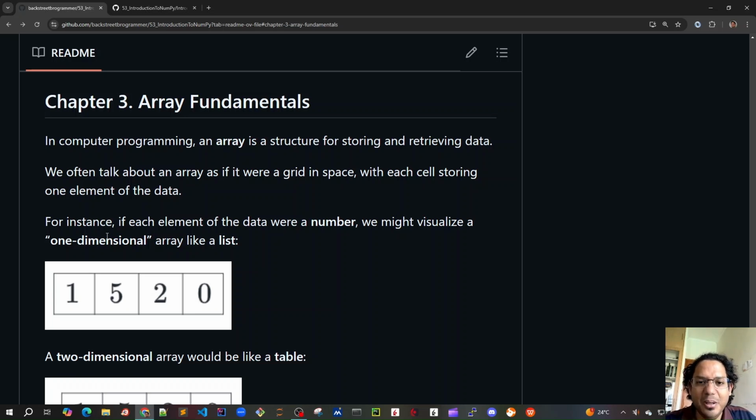Hello friends. Before we actually dive into Jupyter Notebook and go through all the NumPy code, let's have this last theory section on array fundamentals. As we all know, in computer programming, an array is a data structure for storing and retrieving data. We often talk about an array as if it were a grid in space, with each cell storing one element of the data. For instance, if each element of the data were a number, just an integer or a double,